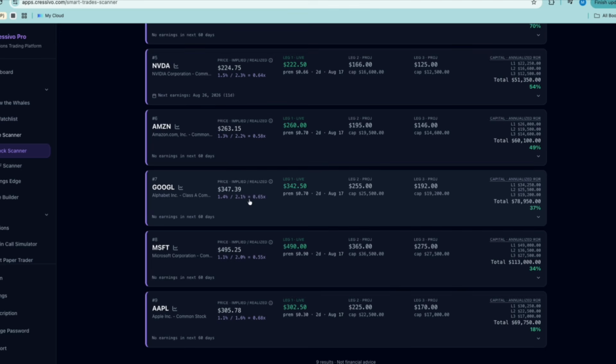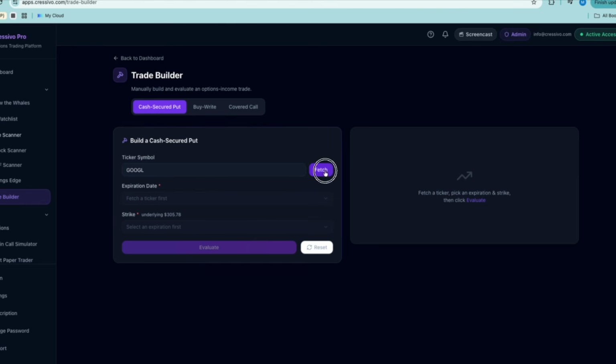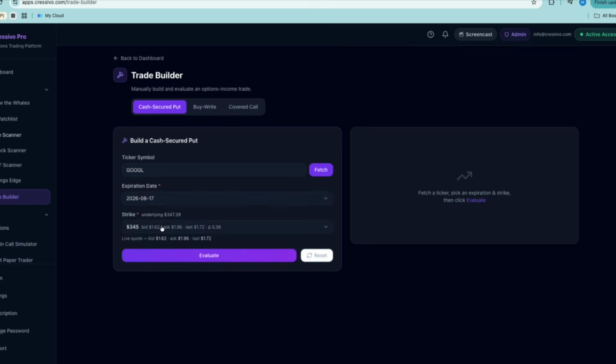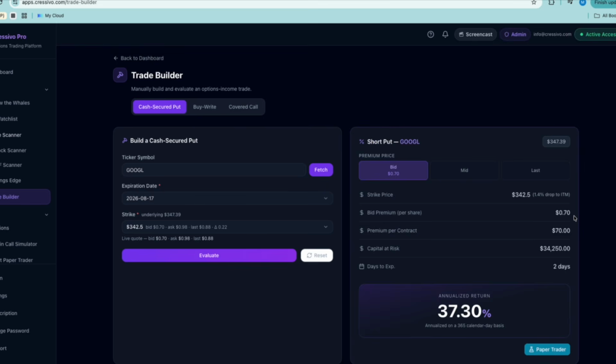Let's check out Google as well, because Google is one of my all-time favorites also. So we're going to type the ticker in here. So many different choices that you can trade. And we're going to choose Monday expiration. And again, we're going to start with kind of like middle of the road. Let's say a 432.50 strike price. That's a 22 delta. That contract is paying $70, and our annualized rate of return is